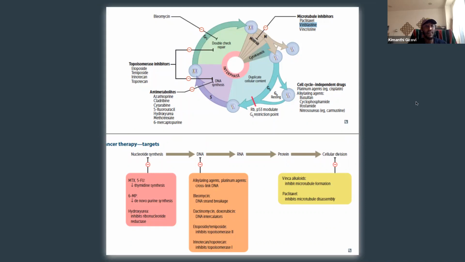This is a picture out of a book called First Aid. It's a step 1 book that you use in med school. And the reason why I pointed out this is a passage that's asking you about cancer is what that passage you were looking at was talking about are these two drugs here, which are microtubule inhibitors. And what they're trying to do is see if you can reason through a small little experiment that's aimed at seeing, do you understand that cancer is a cell cycle run amok?